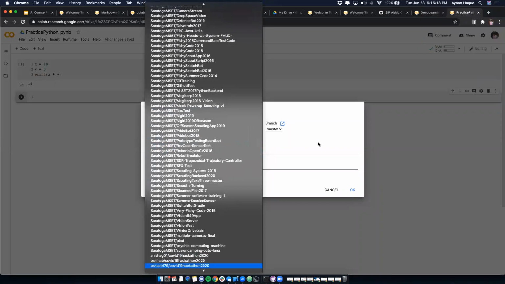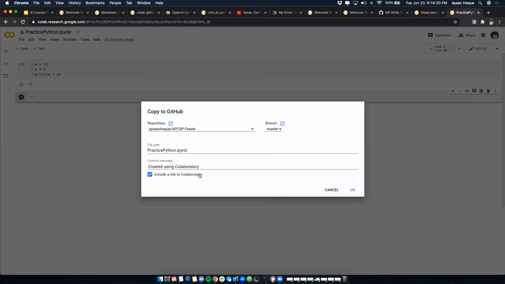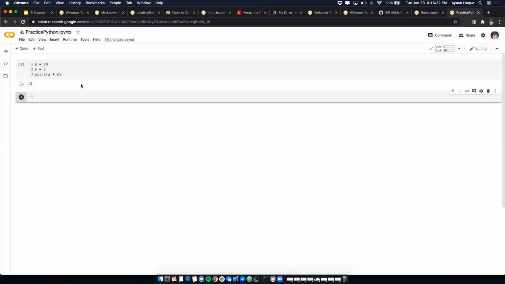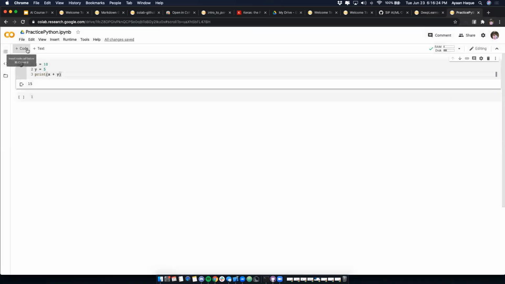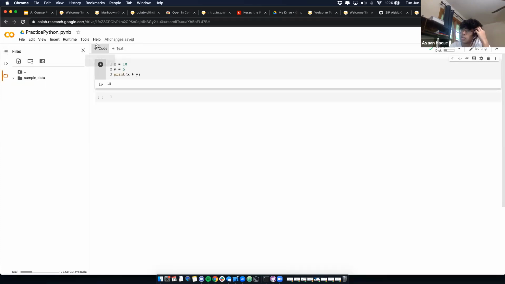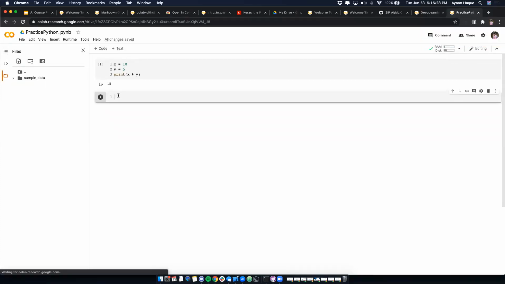I'm in Colab right now. How do we make a coding space? You can press right here. And there's a bunch of different cells. Yeah, go ahead. When I say save a copy to GitHub, it says could not find any public repositories, even though I made mine public.